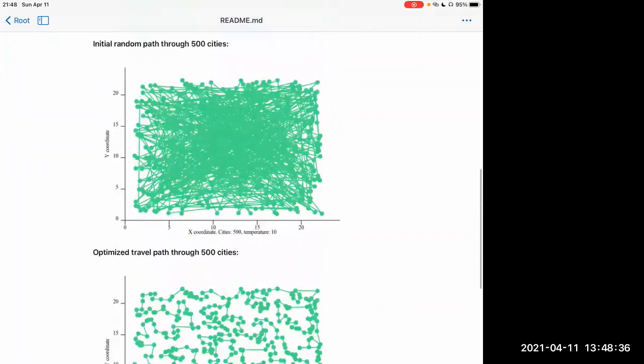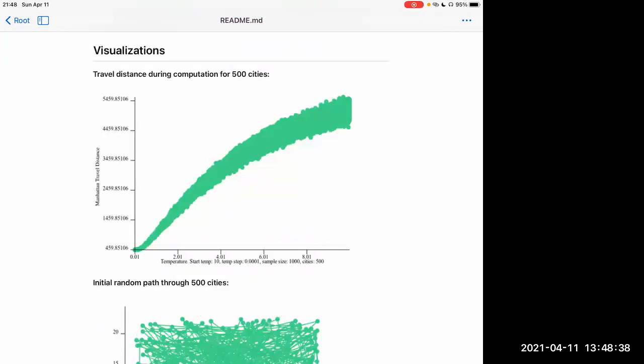This is the graph where on the y-axis we have the travel distance, and on the x-axis we have the temperature. We simply simulate a bunch of points at every given temperature, and then we slowly cool down. We get to a solution that's 12 times as